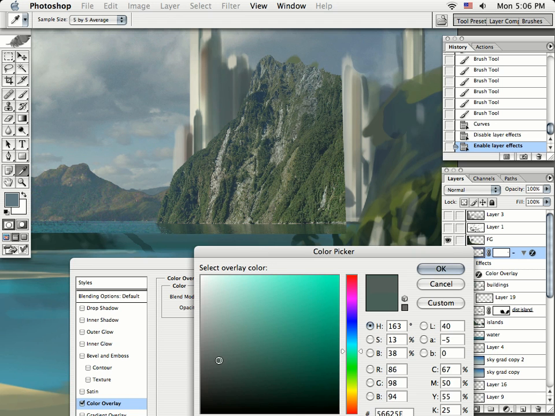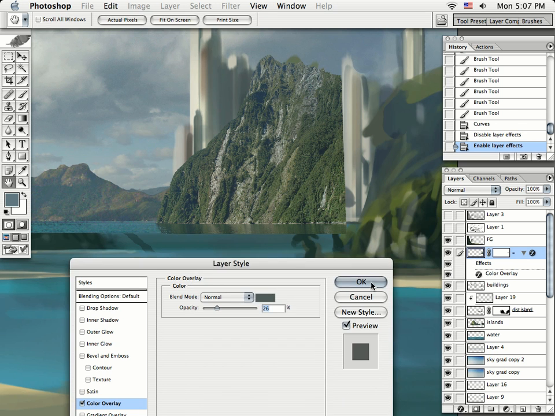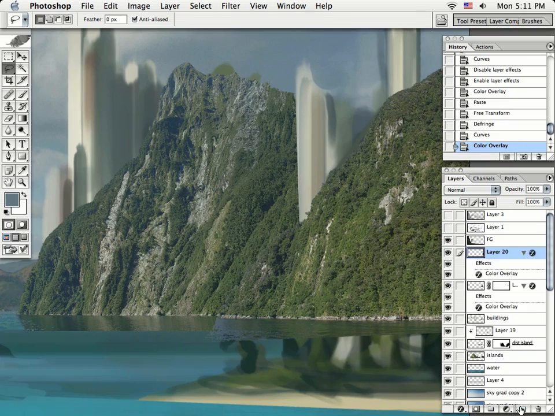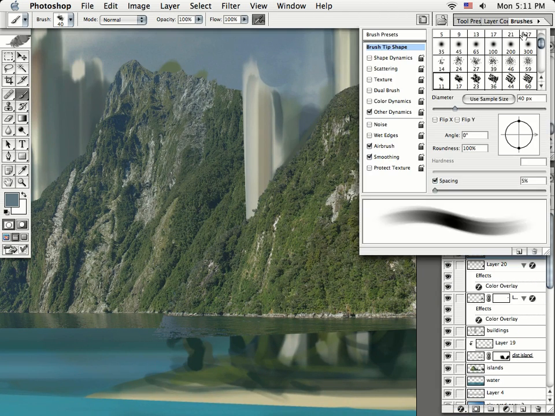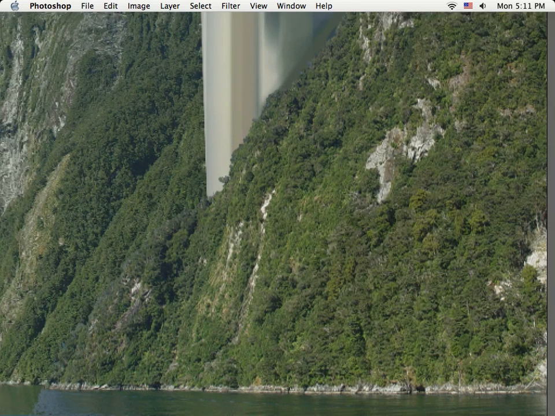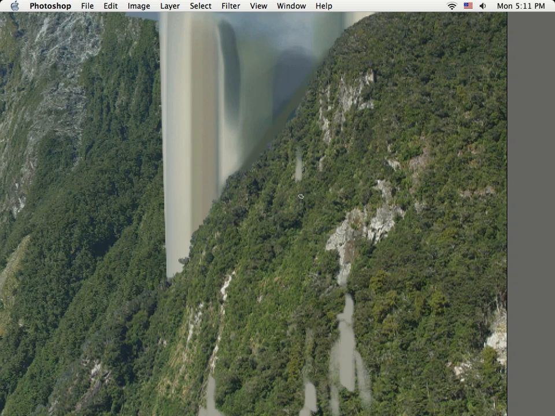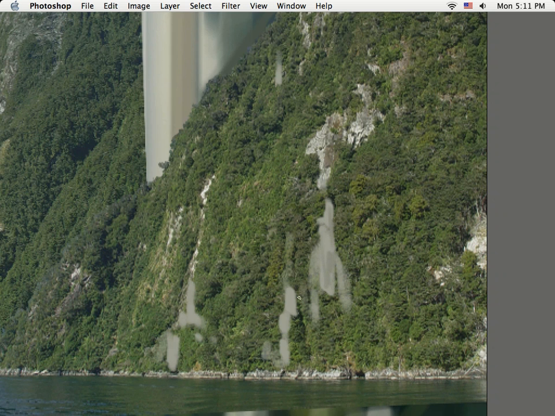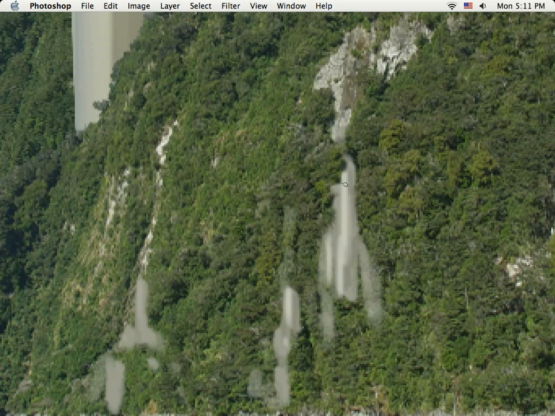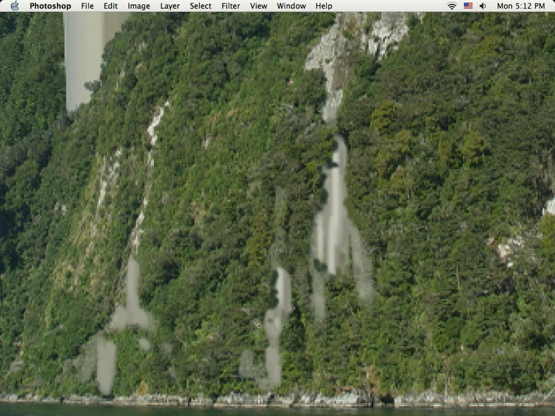So now we're going back to our mountain layer on the right, just playing with that color overlay a little bit, just trying to dial in the right amount. And we've done the exact same thing, and we've added another mountain here on the right, just using the exact same techniques. And now we're calling up a new layer. We're painting in a bit more rock, just because this particular piece of reference did not have the amount of rock that I really wanted, just because I really want it to be consistent and to match our sketch. So we're just going in with this little chalk brush, just blocking in some basic colors. We're sampling right off of our